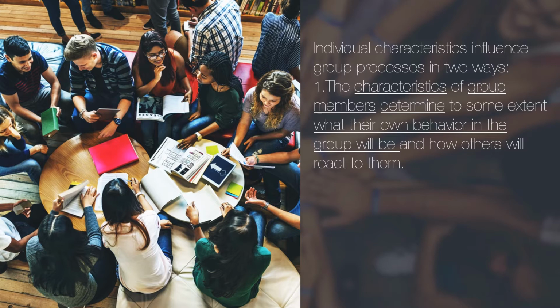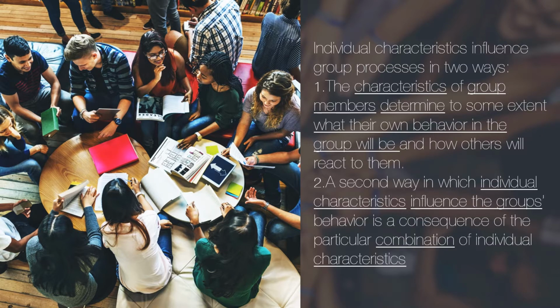And number 2, a second way in which individual characteristics influence the group's behavior is a consequence of the particular combination of individual characteristics. Parang ito yung compatibility sa Fido theory sa Module 1 as well as definition ng group according to similarity. Example is, gamitin natin yung example kanina, may isa kayong friend na studious, tapos kayo magtutropa yung tipong takot bumagsak. O, diba? Ang ganda ng combination. Okay, so that is how individual characteristic influence the group process.